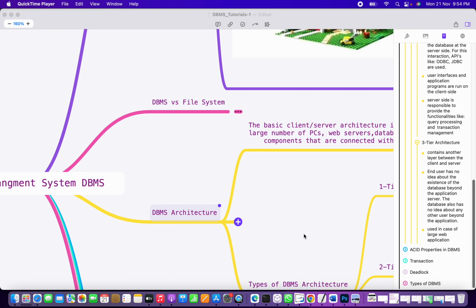Beginner series in database management system. So in previous sessions we have seen DBMS versus file system. Now we are going to check